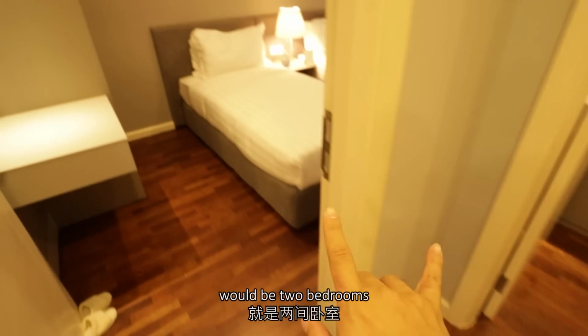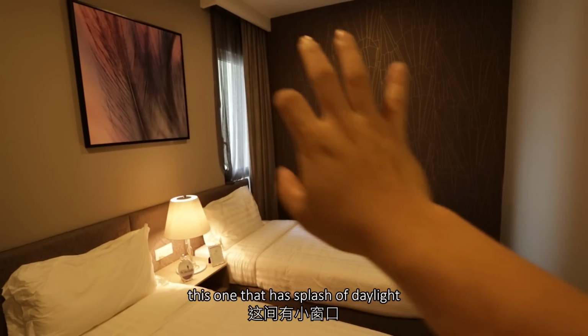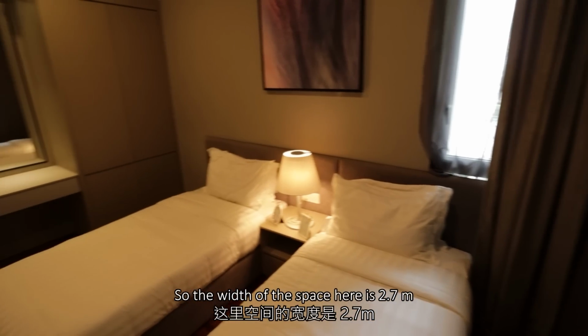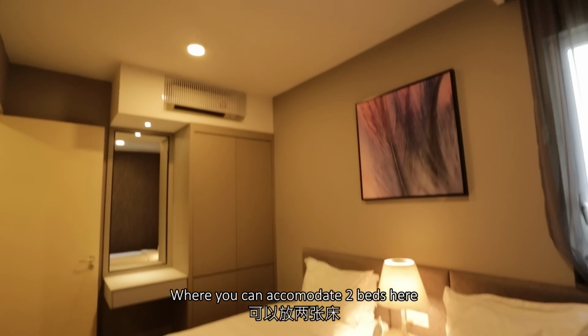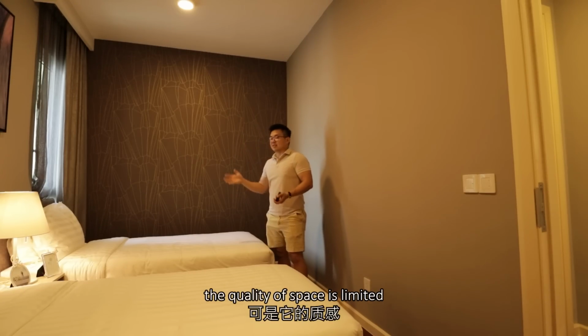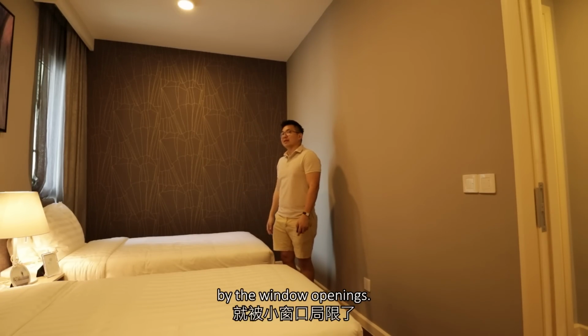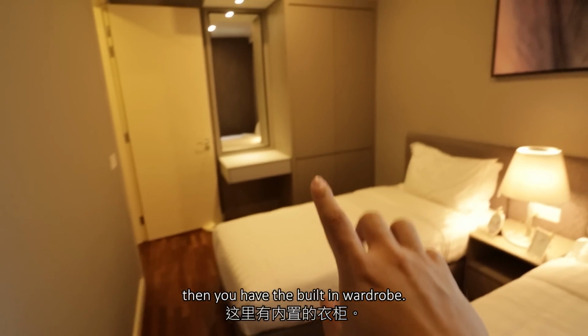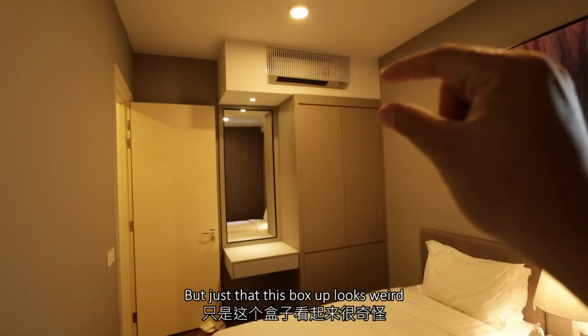Coming out then, here will be two bedrooms. This one has a splash of daylight from the very small window. So the width of the space here is 2.7, where you can accommodate two beds here. And it's pretty spacious, just that the quality of space is limited by the window openings. So along with the timber flooring, the timber skirtings, then you have the built-in wardrobe, but just that this box